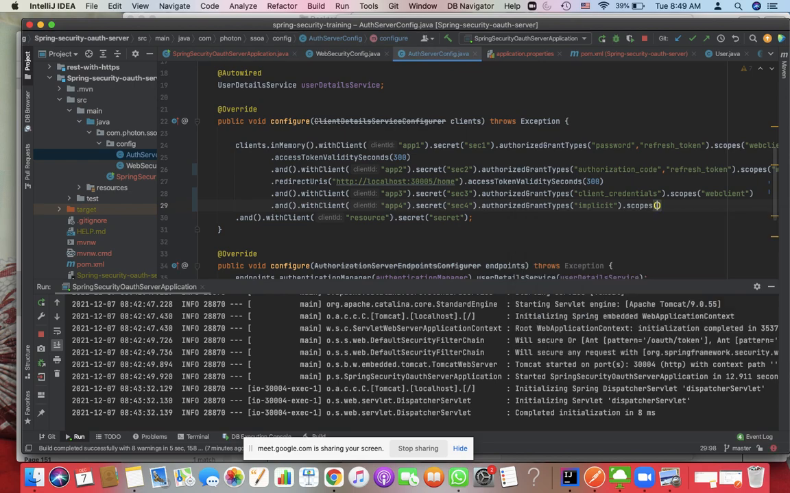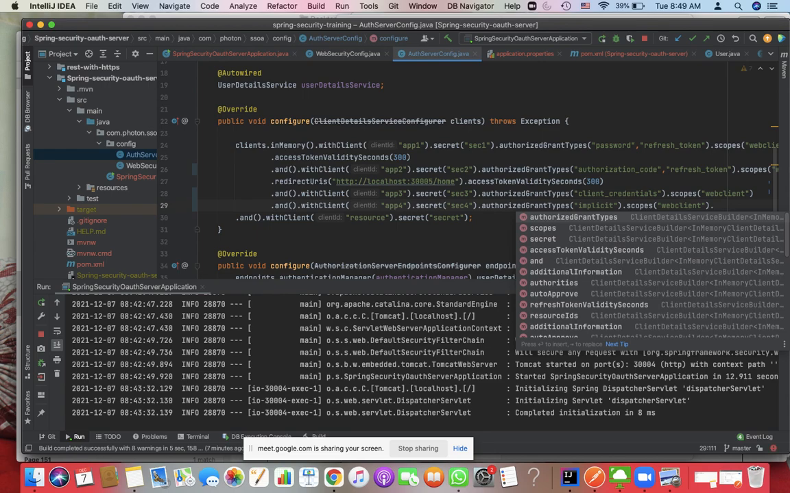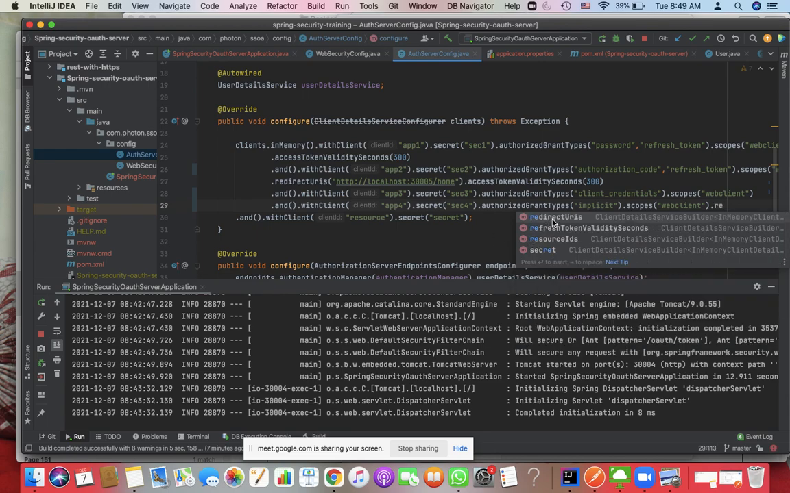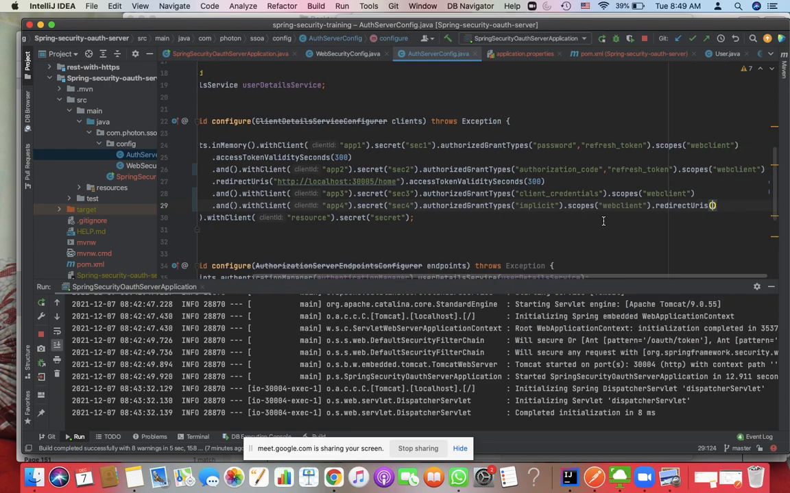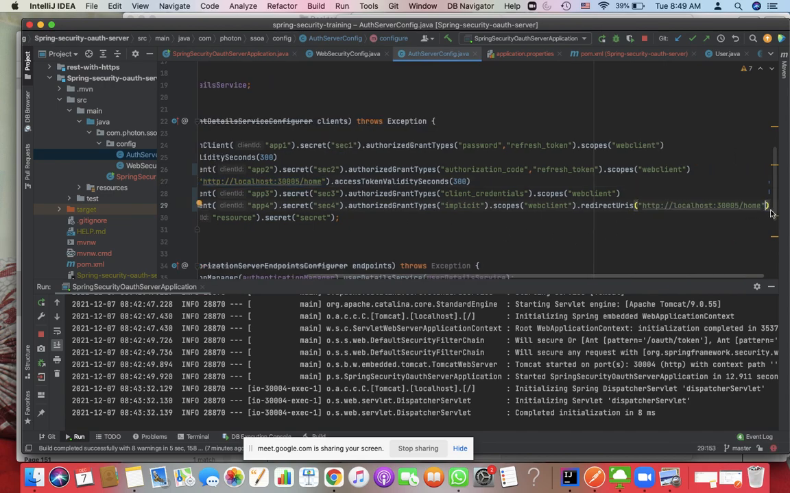देन व्हाट आई नीड टू गिव स्कोप, वेब क्लाइंट, and I need to use the redirective array. ठीक है, redirective array क्या यूज़ करूँ मैं? अच्छा सॉरी, हाँ ठीक है, इसको सिर्फ ये इसको चेंज कर देते हैं, 3005 को 6 कर देते हैं तो सेम ना लगे।